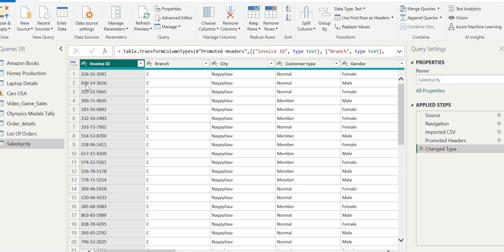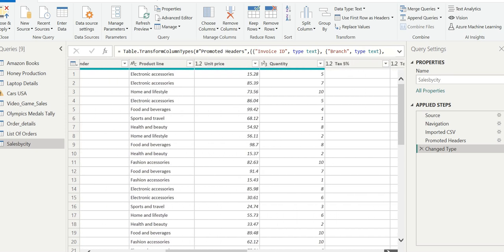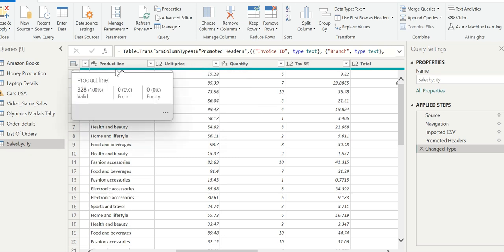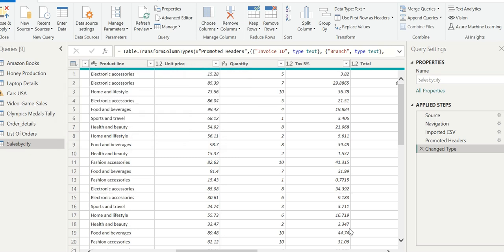So we will see Power BI has converted this into a complete CSV file, and the data types also have been created here. You will see there is a whole number, a decimal number, a text value. So it has already been created.